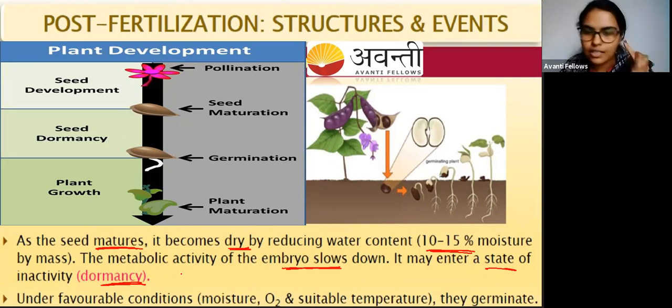Another condition: germination is affected by a few factors, like the seed coat, the thickness of the seed coat. If the seed coat is very thick, then germination is delayed. That means you can say the seed is undergoing dormancy. We say dormancy because the seed is not able to germinate. But what is happening inside, who knows? There are a few possibilities, right?